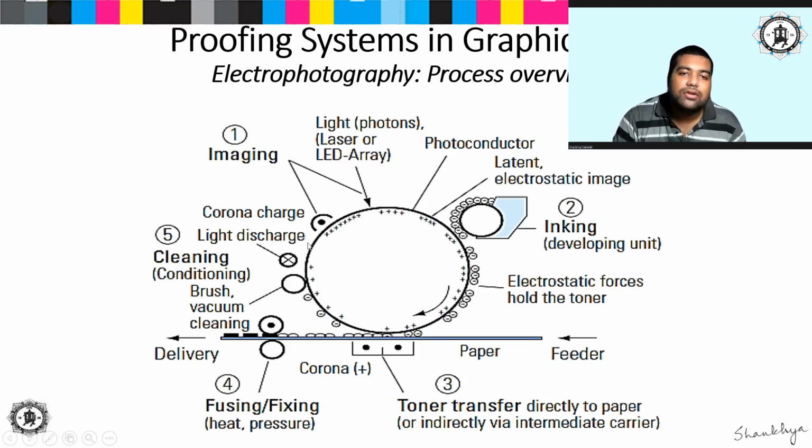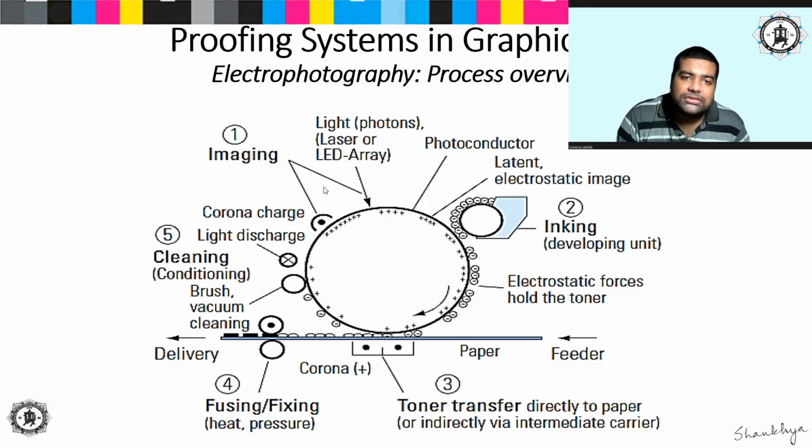So first, this is your photoconductive drum basically. This photoconductive drum is charged initially with the charging rollers, and normally a charge is delivered over here, which is your negative charge. The entire roller will get negatively charged, and then there will be a laser light which will throw the light on top of the photoconductive drum depending on the image information that the laser light is receiving from the computer. So those areas which have been exposed attain a positive charge with respect to the other negative non-image areas within the photoconductive drum.